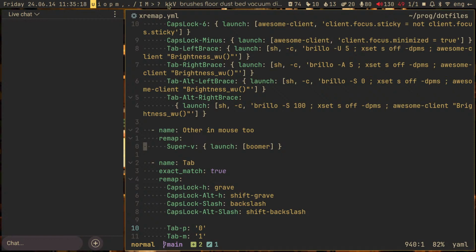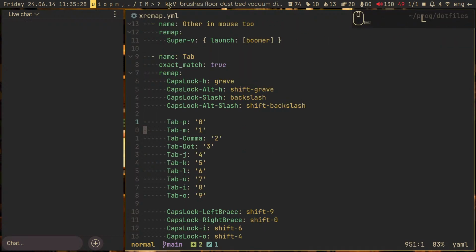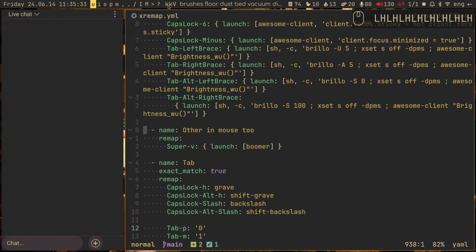Because of the configurability, you can change a lot of the more annoying hand movements, like Control D, Control U, which I have remapped to instead be on uppercase L and uppercase H. So what ends up happening is that you get a lot more ergonomic hand movements,